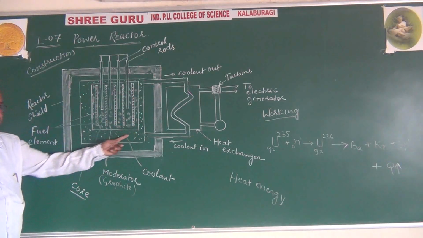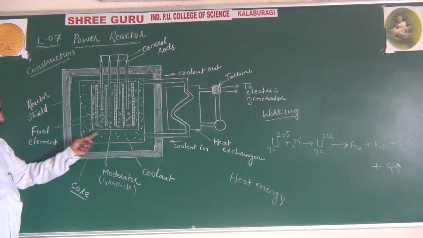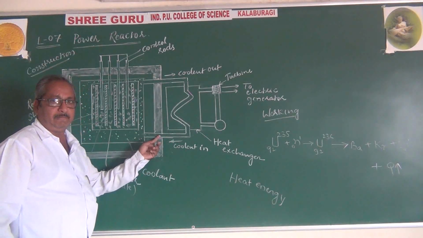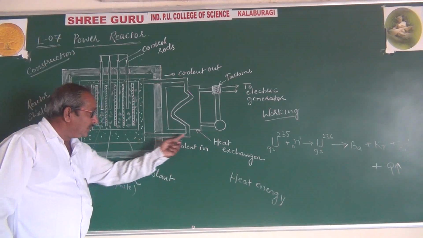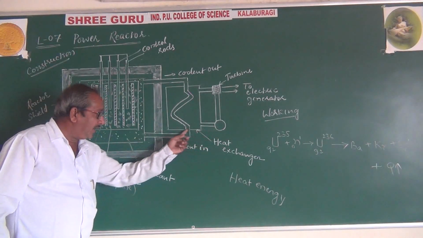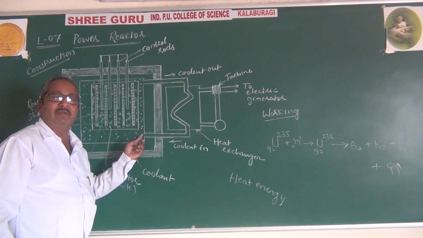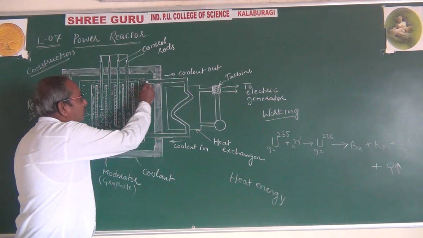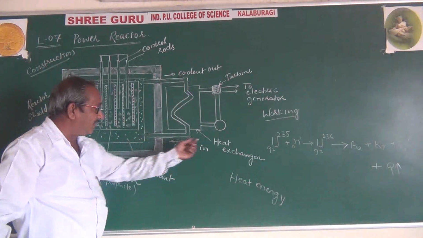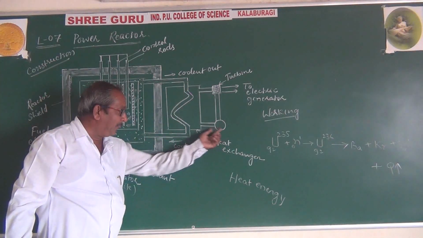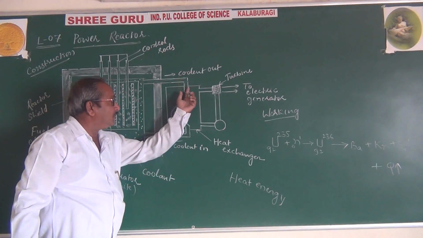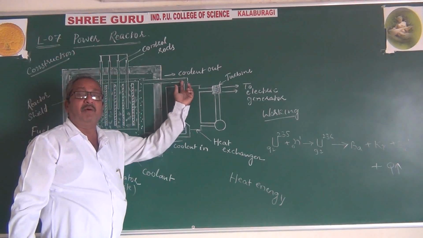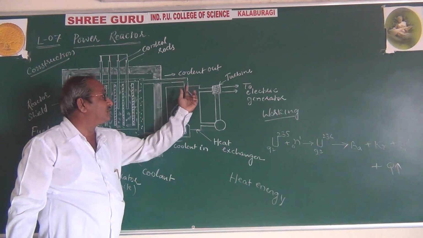This heat energy will be pumped out through the coolant in. With the help of the coolant in, usually water will be passed, and this heat energy will be converted into steam and goes out. This is the heat exchanger. By pumping this heat, it becomes steam energy, and that steam will be supplied